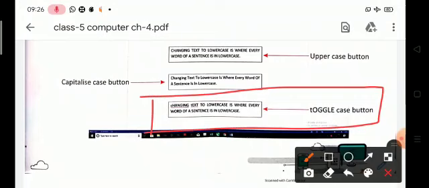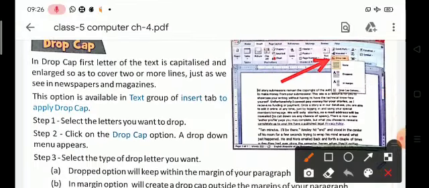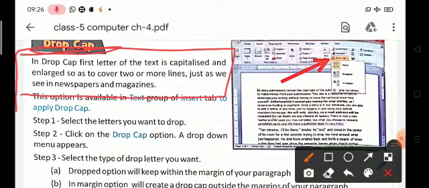Okay, yes. Now the question is, what is drop cap? In drop cap, the first letter of the text is capitalized and enlarged so as to cover two or more lines, just as we see in newspapers and magazines.